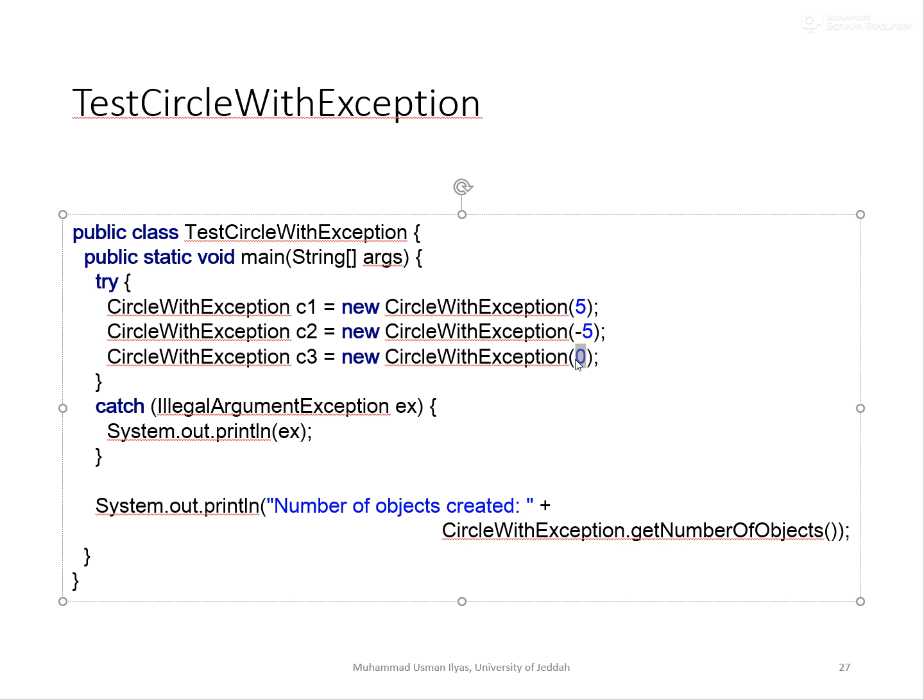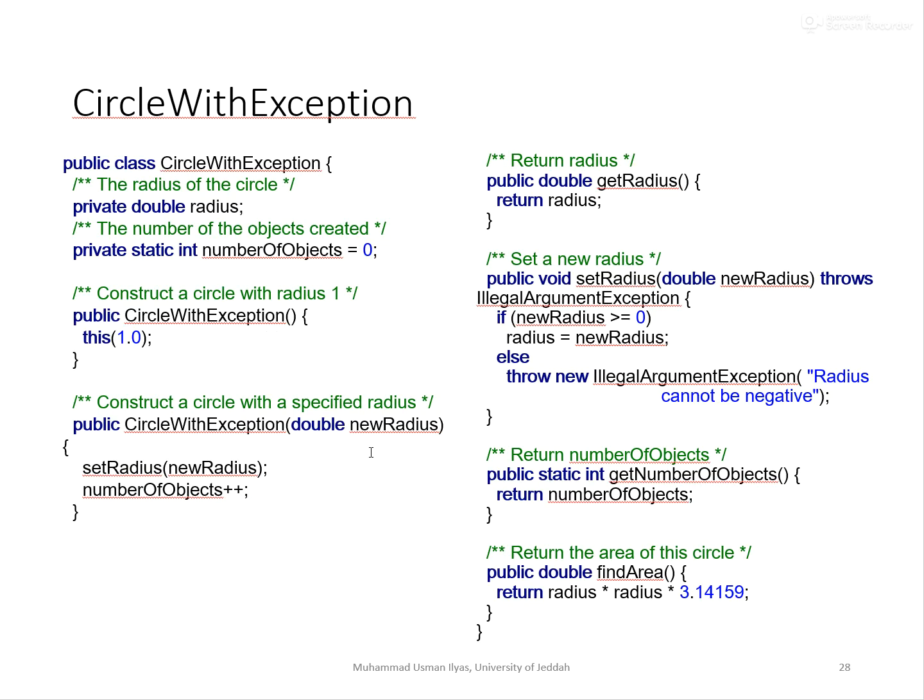Now -5 and 0 are both problematic. So what we expect to happen is the first object is created. The second one will generate an exception in the setRadius method, which is passed back to the constructor,